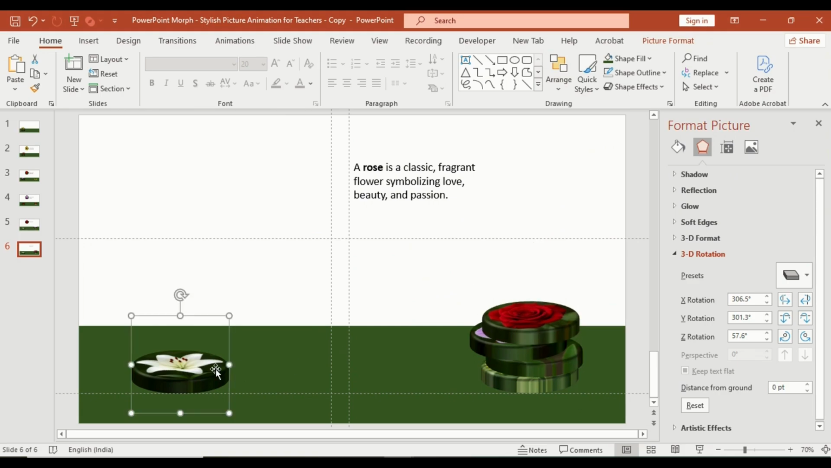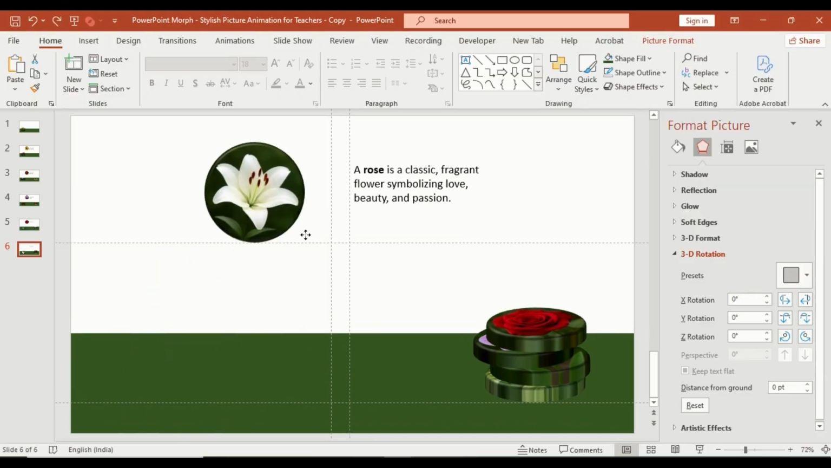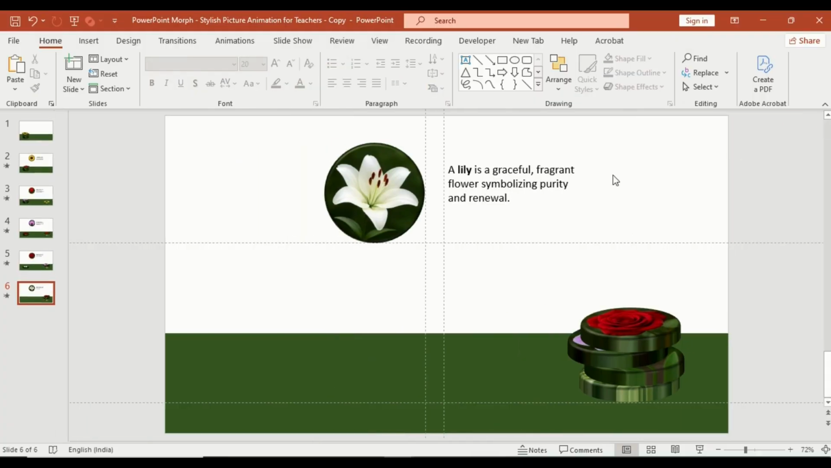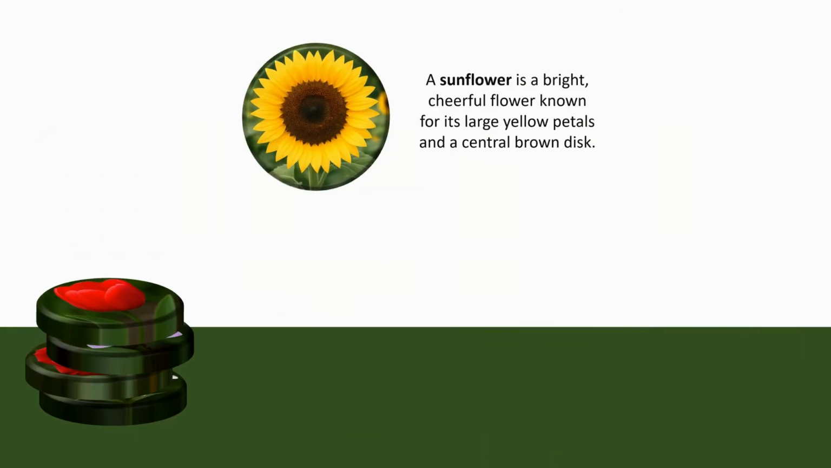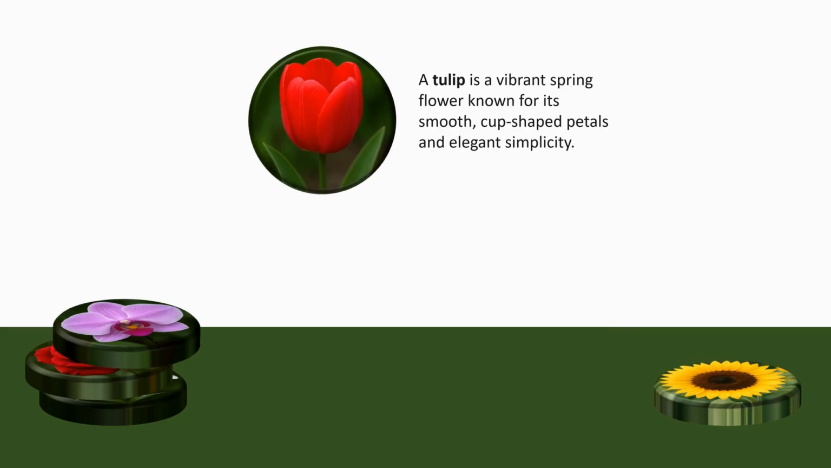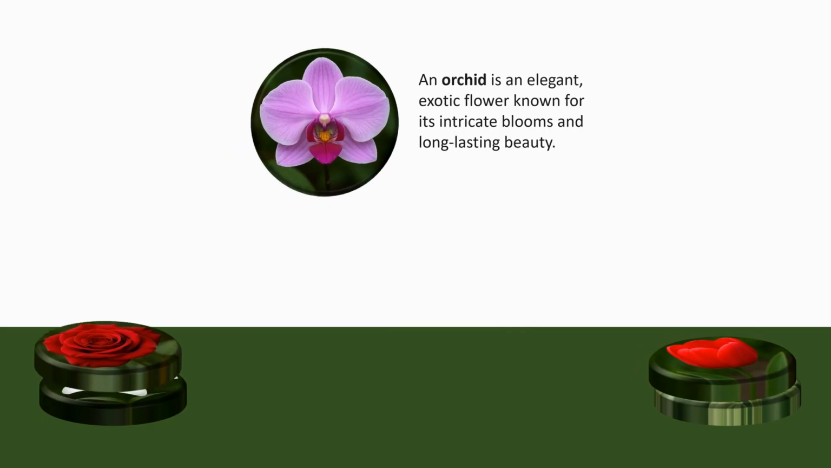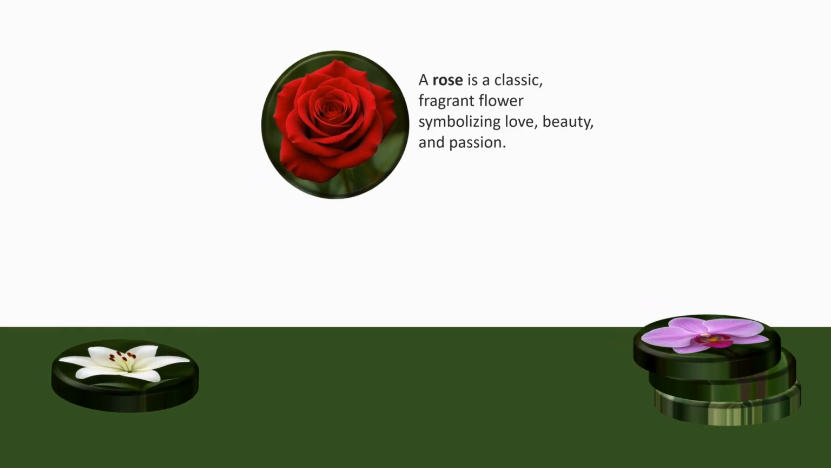Select picture 5, set it to no rotation and add the final label and explanation. Go back to the first slide, start the slideshow and watch how each item rises and reveals itself smoothly using Morph. And that's it. Using just cropping and 3D formatting and Morph, you have created a clean, progressive animation that